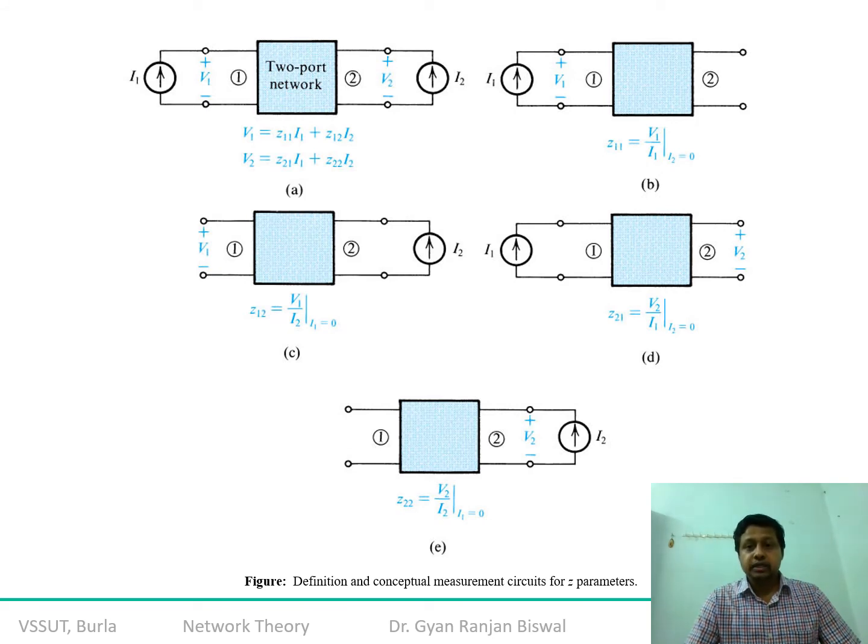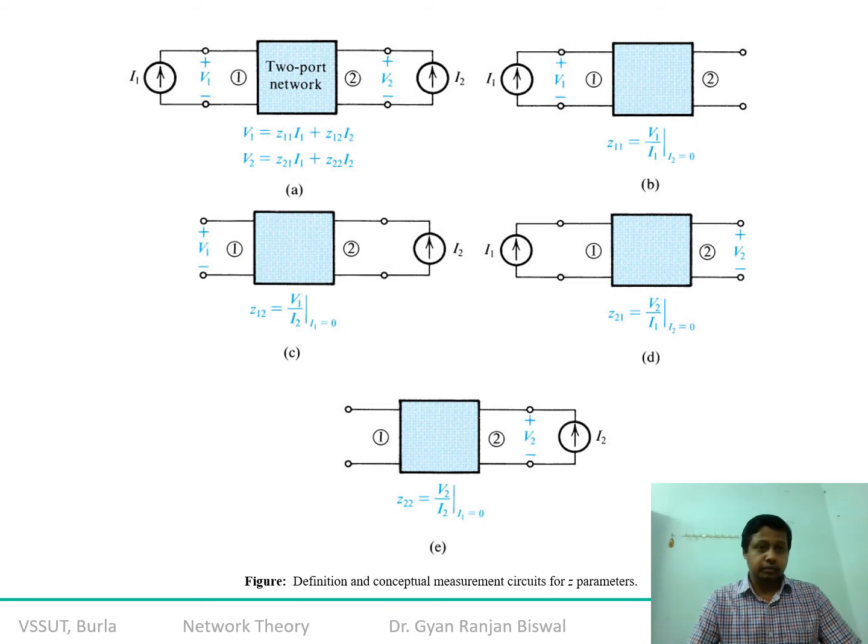Okay, so I'm calculating Z21, that is the amount of impedance transferred from 1 to 2 by keeping the terminal open. So either you are calculating the impedance at terminal 1-1, or the amount of impedance being transferred from terminal 1 to 2 due to the flow of current. So you are getting Z21, the forward transfer impedance.